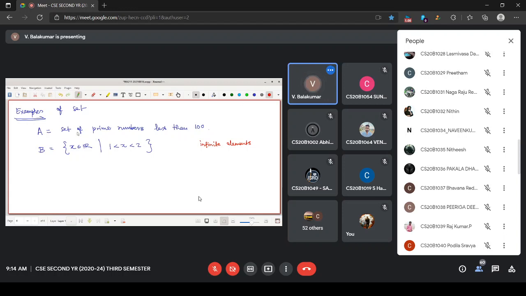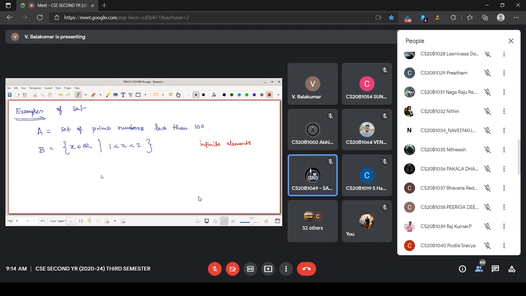That's okay. Can you say something about the set capital A? How many elements are there? In that case, you have to manually check. 100 times you will check whether that number is prime or not. But one thing you know: is it a finite set or an infinite set?